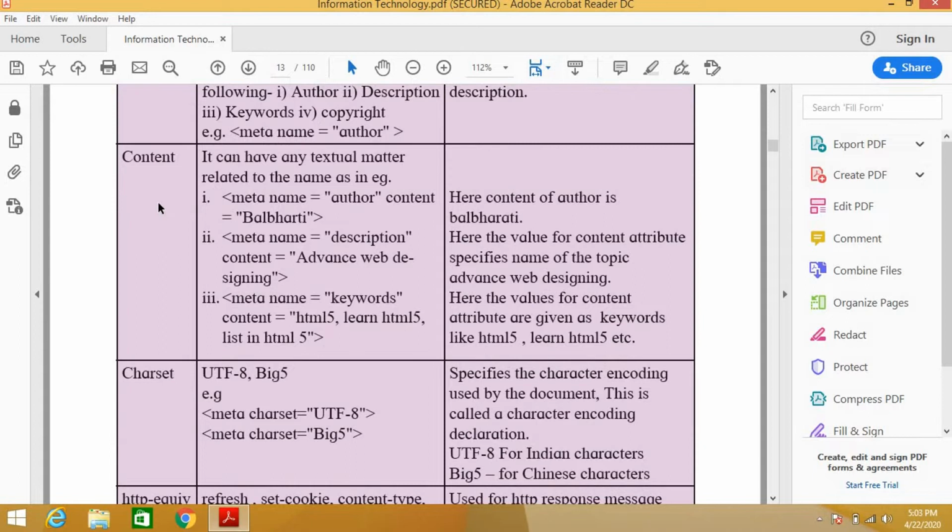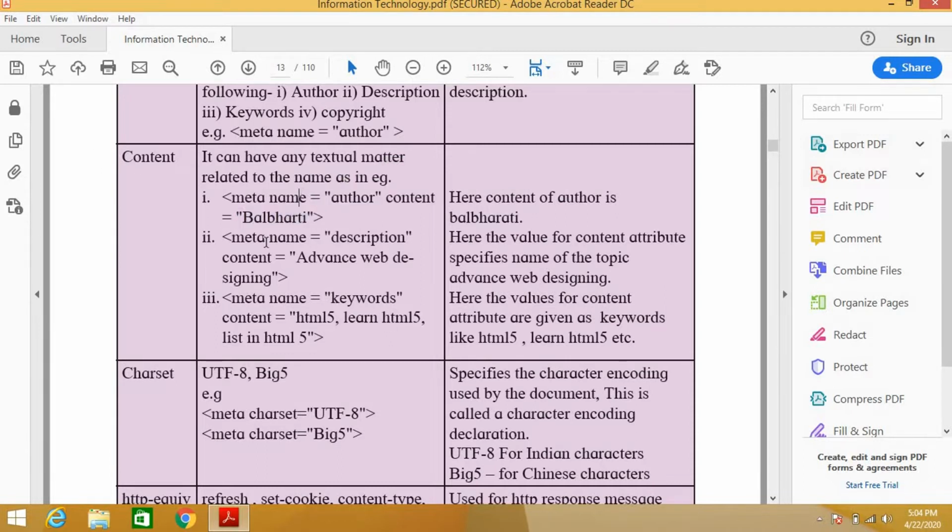The second attribute is content. Which kind of content you are writing can be any textual matter related to the name. As in the example, first one: meta name equal to author. What will be the content? Balbharti. So name equal to author, author is the value, content equal to Balbharti, content is an attribute.